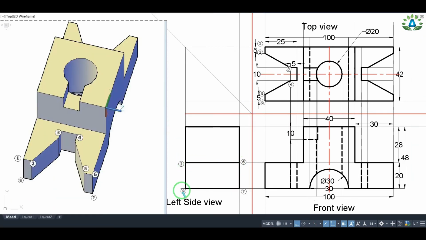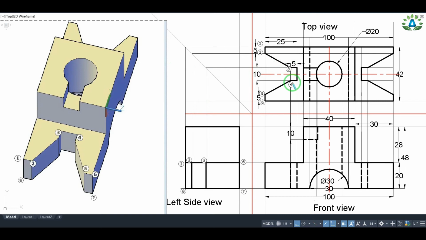So these 4 points in our side view represent this point, this point, this and this point from our 3D view. We will be able to see this solid line like this and this. So to project these lines, we have to project the lines coming from this point number 2. So I'm going to project a line from point number 2 to our left side view, like this. And I'm going to convert this line into the solid line because this line will be visible from our exterior view from the left side.